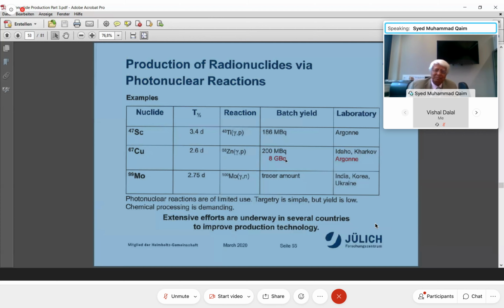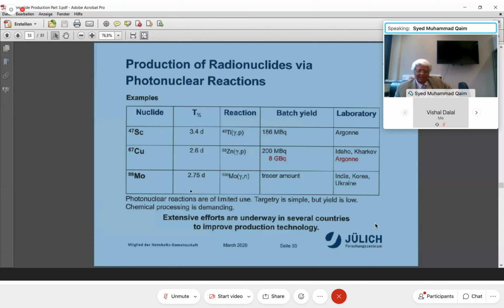So sometimes one has to push all the efforts in one direction. It's not enough to just do research at a 1 or 2% level. If you are really developing something, you need a good team of experts in several directions. Science has to be pushed sometimes to make real progress. Rhenium-186 is also being produced, but so far only in tracer amounts in India, Korea and Ukraine.